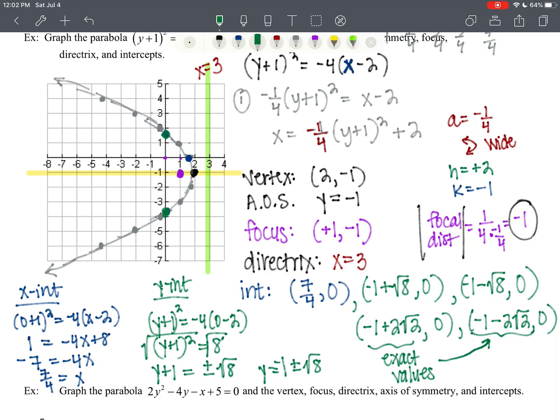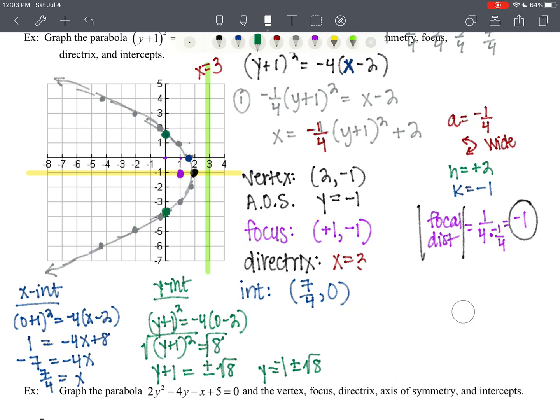If you did use a calculator though, let's just check your answers, you would have gotten... I'm going to have to go back and fix this. I'm going to go right back to the negative 1 part, this way I can make this a nice clean video. But just in case I don't do that, let me just tell you, this should have been 0, these are backwards. Because these are your y-intercepts, not your x-intercepts. I'm going to try and make this clean though. So I'm going to go back to that right